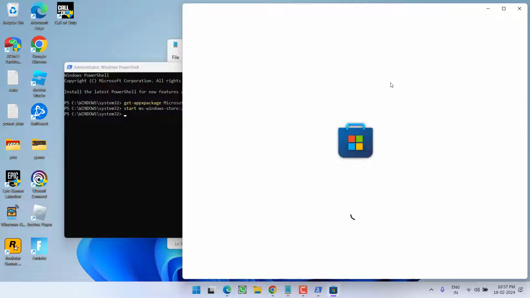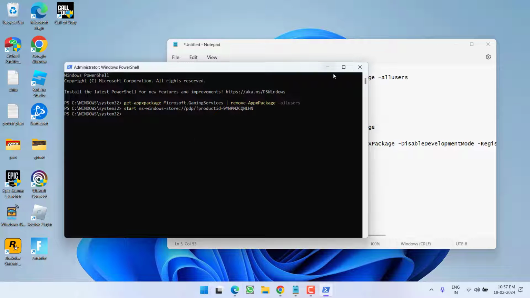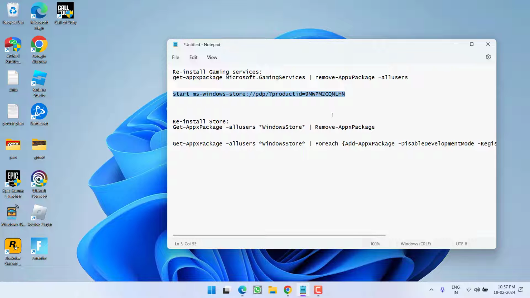This will open Microsoft Store for you. Wait for it to open the Gaming Services page in the Microsoft Store. Now go ahead and click on the option Install to install the gaming service, which in turn will fix the issue of Xbox error code 0X87E0000D. Now if this method also fails to work out, in the next step, go ahead and completely reinstall the Microsoft